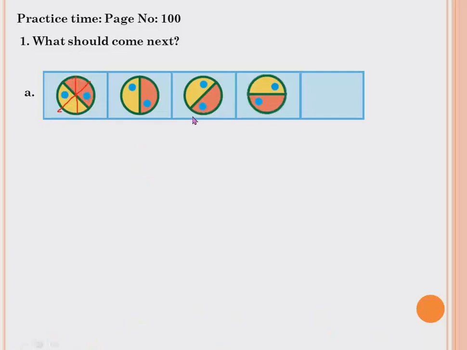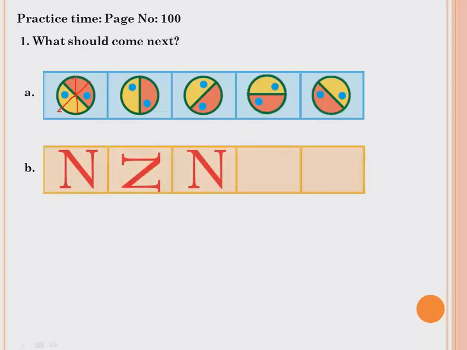Tell me, what will be the next turn? The next turn will be, it will become a sleeping line, and again the next turn, it will turn slanting. Understood children? And this is a 45-degree turn. Now next one, this N is upwards, again N is sleeping, N is upwards. So then again N will be in sleeping position, again N will be in upward position.